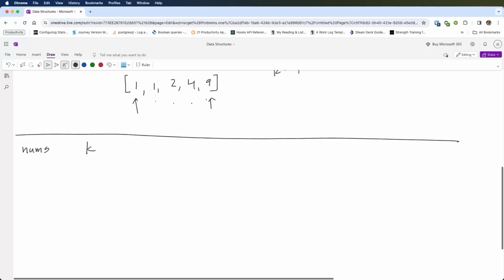And we can only do this while nums contains at least 2 elements. Okay,